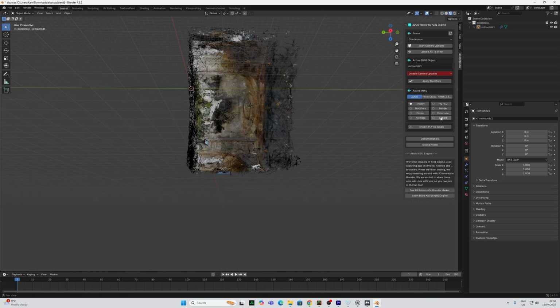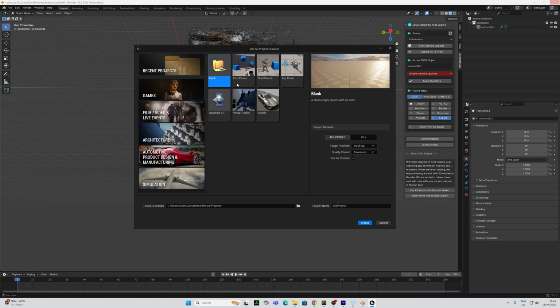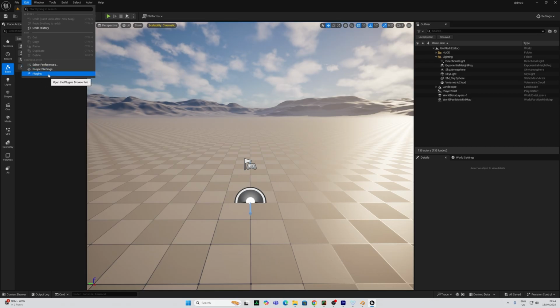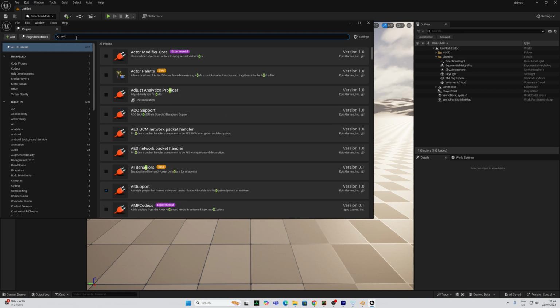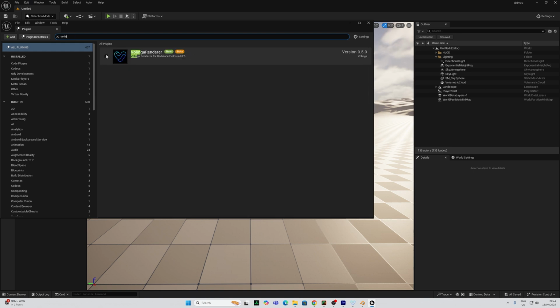So when I'm finally done, I can export again. So what we're going to do next is just create a new project in Unreal, and I'm just going to go games, blank here. And I'm going to activate the Volinga plugin as soon as I've opened it. I'm just going to go to plugins here and search for Volinga renderer, turn that on